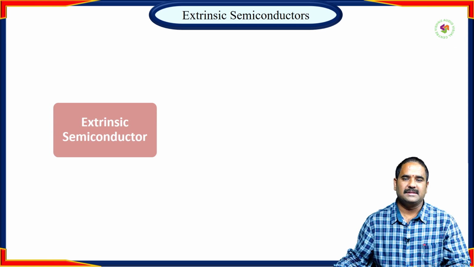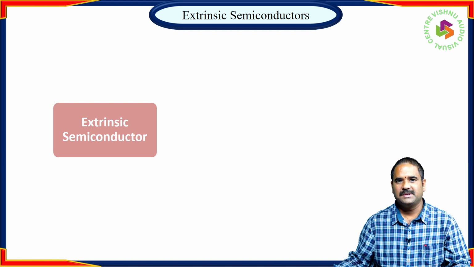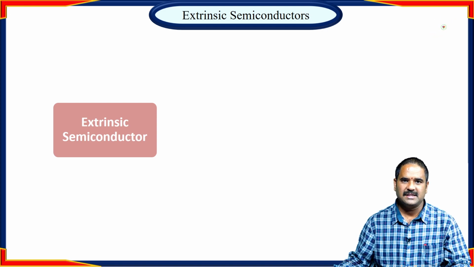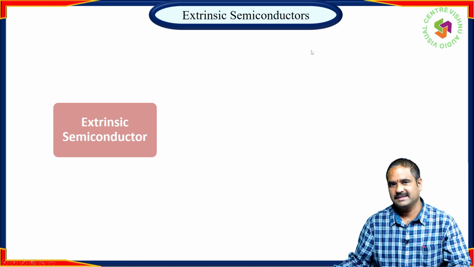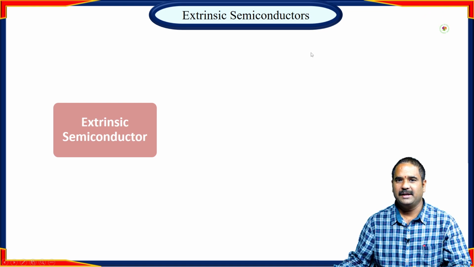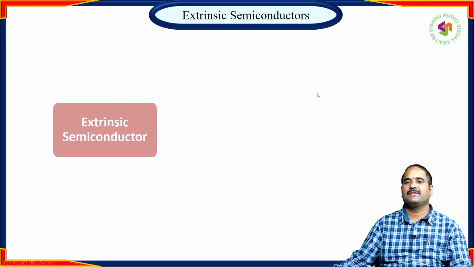Generally, a semiconductor is a material whose electrical properties lie between conductors and insulators. Semiconductors are classified into two types, intrinsic semiconductors and extrinsic semiconductors. Intrinsic semiconductor is a pure semiconductor which does not have any kind of impurities, which behaves like an insulator at 0 Kelvin and behaves like a conductor at higher temperature. And the extrinsic semiconductors are impure semiconductors. They are formed by the process of doping. Doping is a process of adding impurities. So by adding some impurities, extrinsic semiconductors are formed.